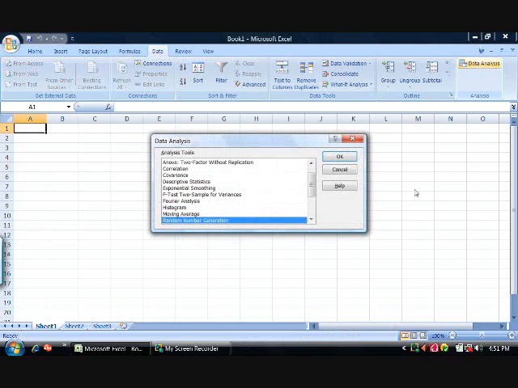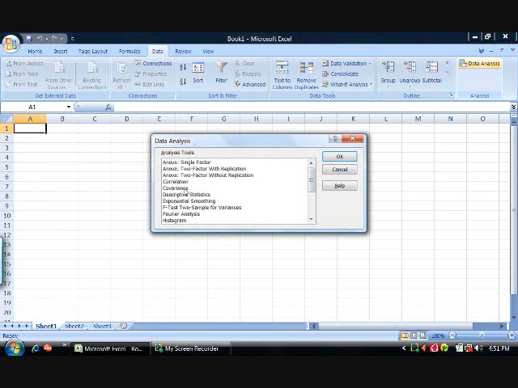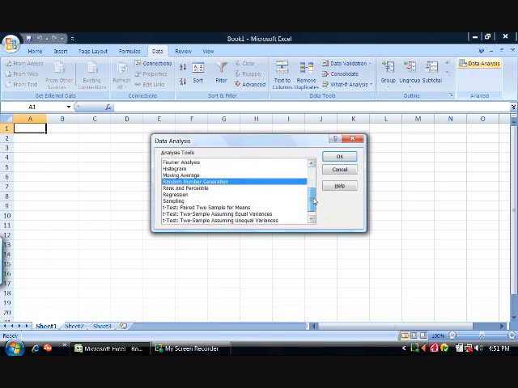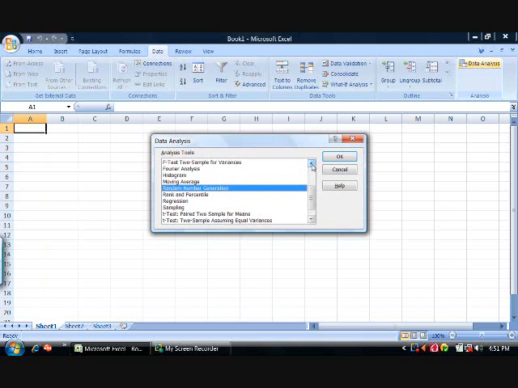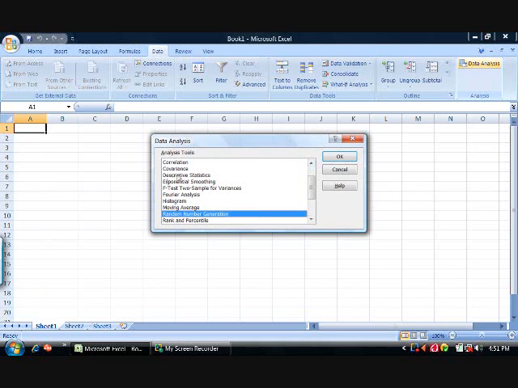You should see a window open and a whole set of options: ANOVA, correlation, F-test, lots of things you're going to use this semester, regression, t-tests. If that's there, fine. Then skip on in the video to the point where I show you how to use the descriptive statistics, which is here. If it's not there,